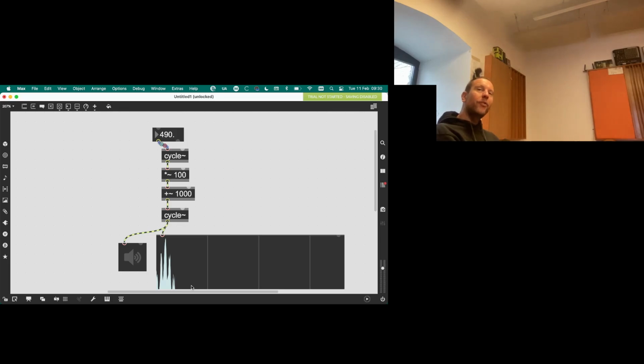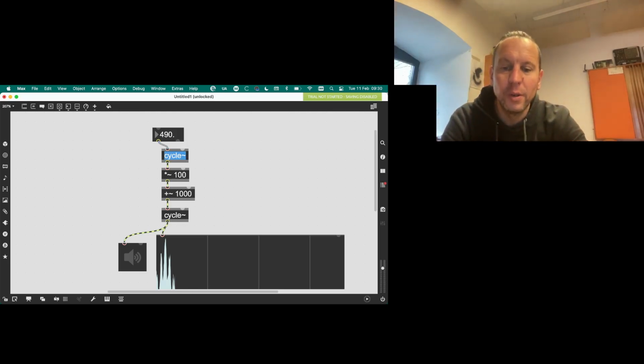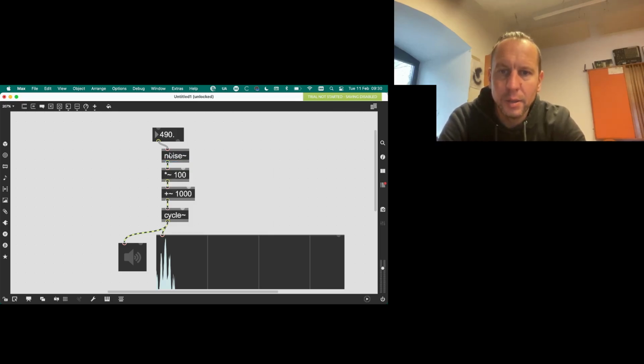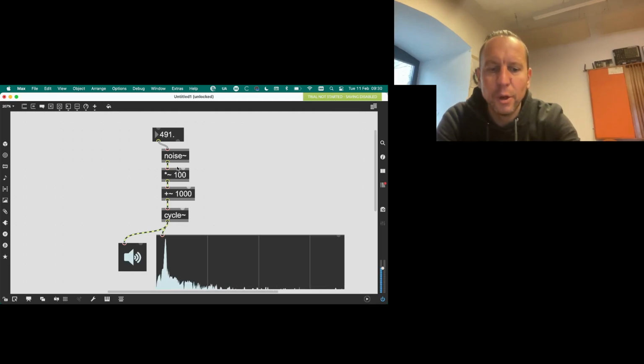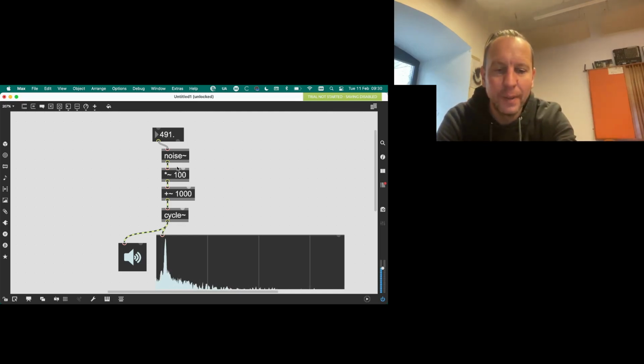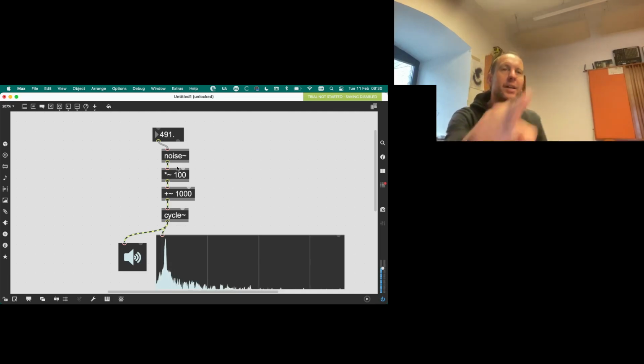So what happens if I use a noise modulator? That's an interesting one. What I will do here is I will take a noise, and I believe that this one doesn't work. Well, actually, let's just first hear the noise, and then I'll introduce another element. So what you hear is kind of underneath. What happens in this scheme is that